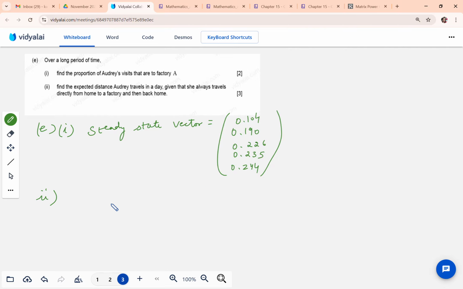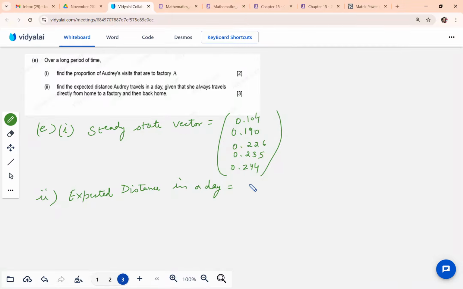Okay, then second, find the expected distance Audrey travels in a day, given that she always travels directly from home to a factory and then back to home. So here we need to find the expected distance. As she will go and come, the distance will be counted twice. So I will already write 2 times, and to find that we will just multiply the distance into the probability. So let me write expected distance in a day,